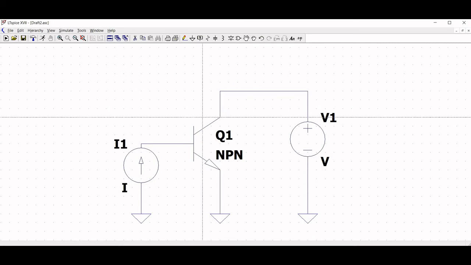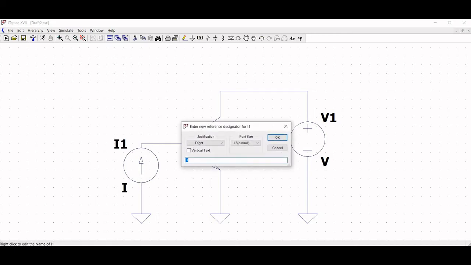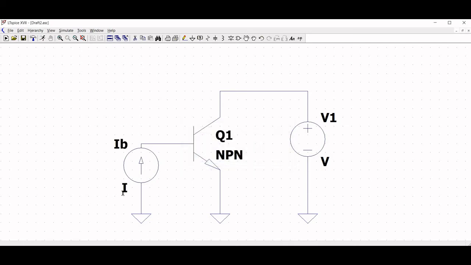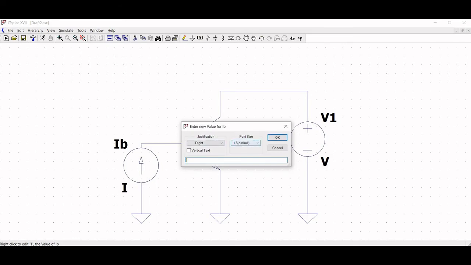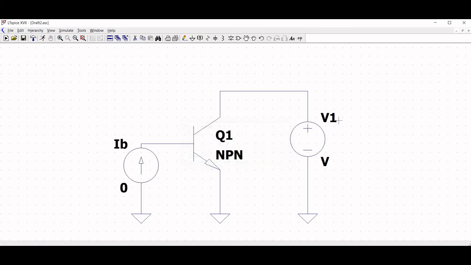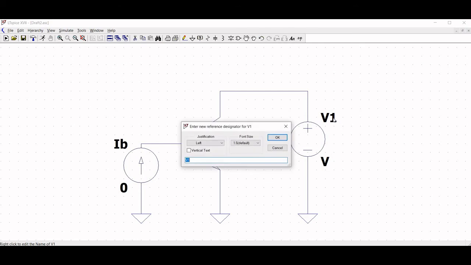Let us rename I1 as IB and the value of the current source as 0, the V1 as VCE and the voltage value as 0 volt.